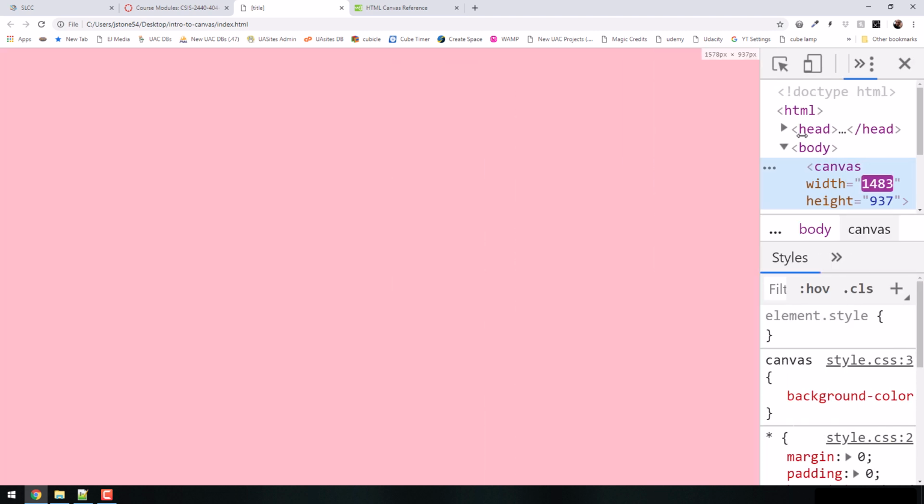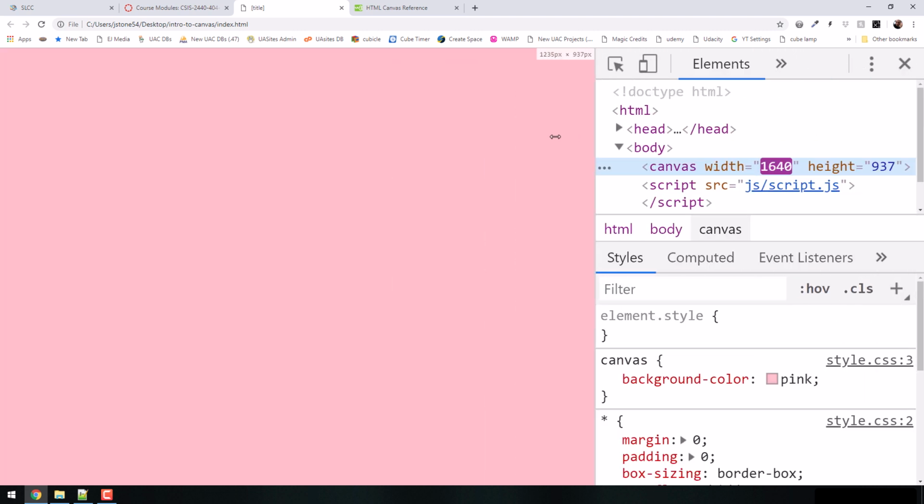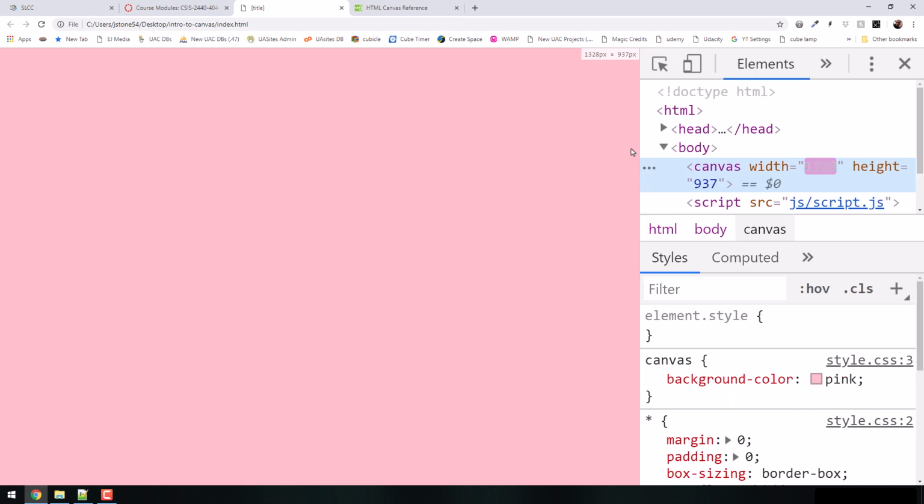Refresh, and now when I resize this, it resets it, right? Look at that. Now, what happened to my ball? Yeah, it got drawn over. Which is a very important key to how this canvas works. Every time you refresh it, you're redrawing the canvas, which is how we're going to create the illusion of animation. It's like the old days with the cartoons and the cellophane, where they draw one, then they put the plastic on, they draw another one right on top of it with a slight movement.